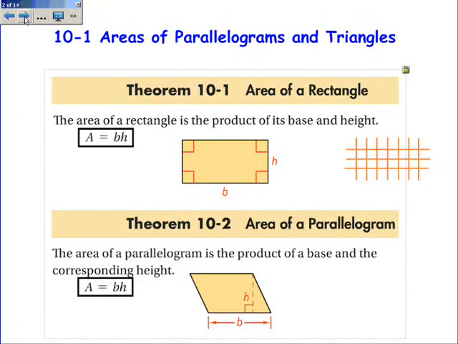First, the area of a rectangle. Now, the area of a rectangle is the product of the base and the height. The area is the base times the height. And I know that you've probably heard that in a previous math class, but I want to talk briefly about